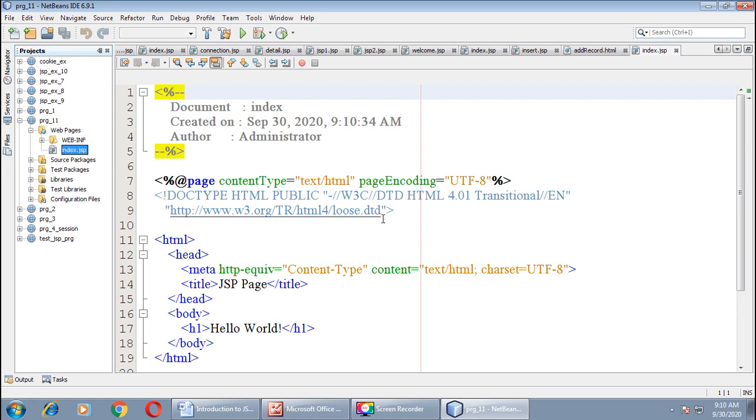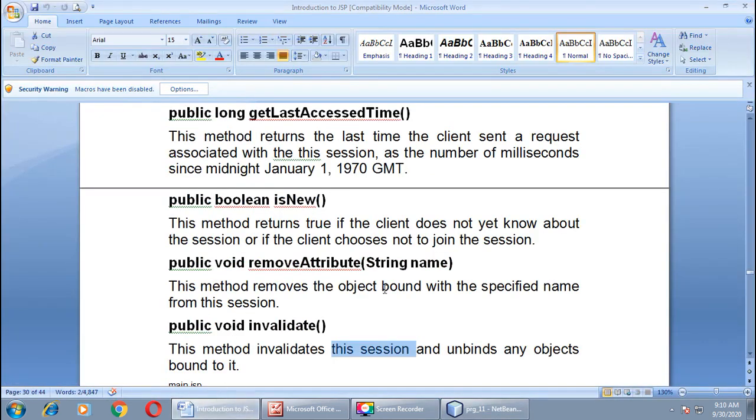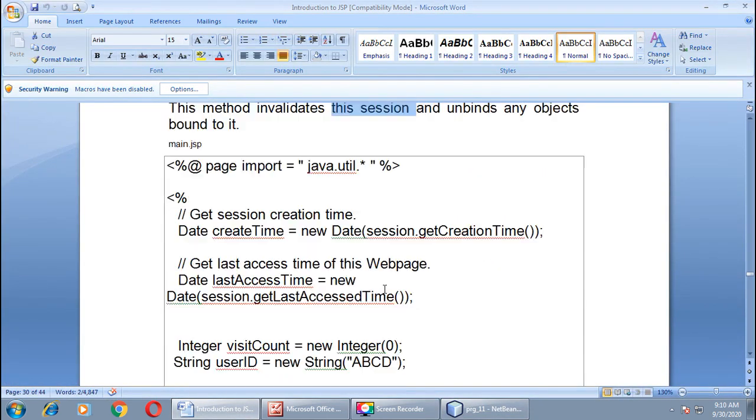Now let us switch back to our document to see what we want to do in this example. Here the name of our file is main.jsp. Okay, main.jsp, the coding you can see of what we have done in main.jsp.